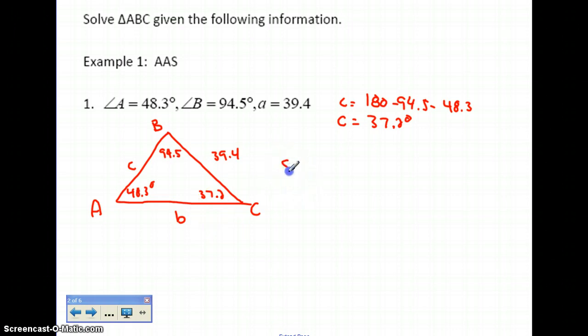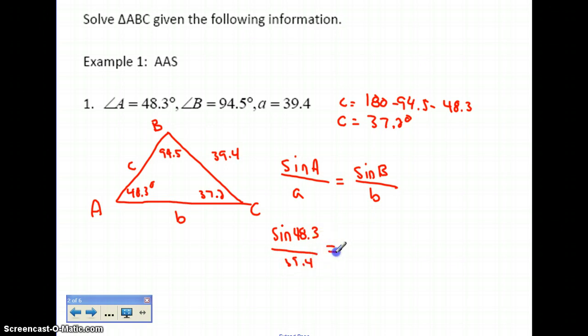The law of sines goes that if I know the sine of angle A and side A, and I know the sine of angle B, I can take that over side B. In this case, I know angle A is 48.3, so I take the sine of 48.3 degrees over side A, which is 39.4,